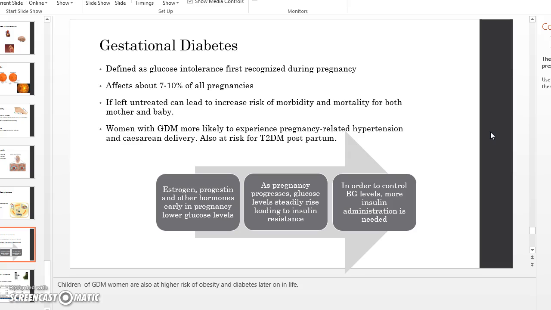So some details on the pathophysiology related to gestational diabetes: estrogen and progesterone early in pregnancy help decrease glucose levels, but as pregnancy progresses, the glucose levels continuously rise, leading to an increase in insulin production and potentially an increase in insulin resistance due to that beta cell